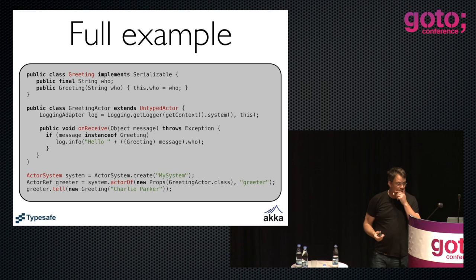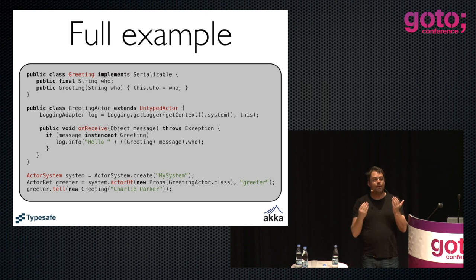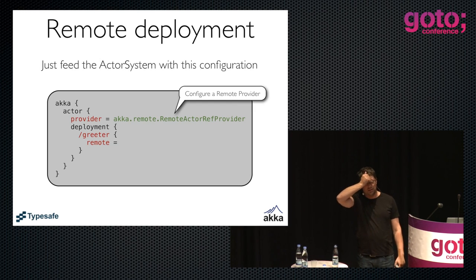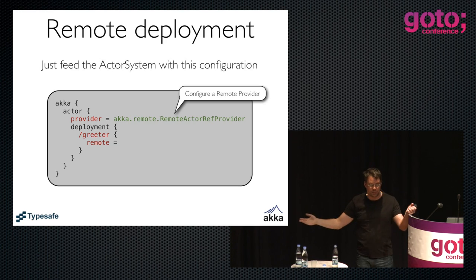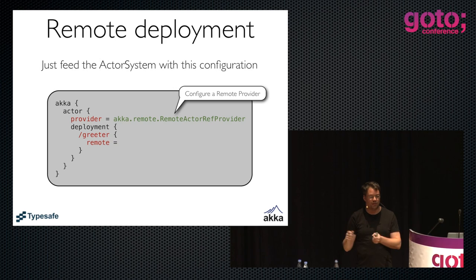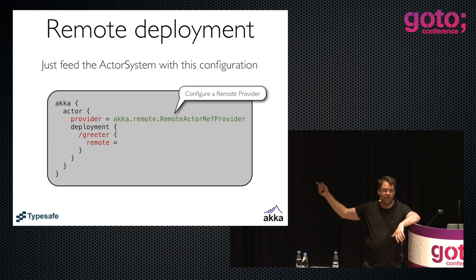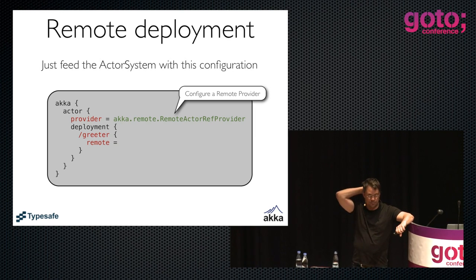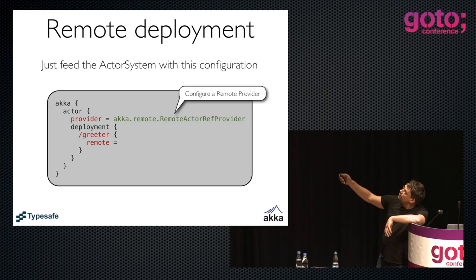What's going to happen then is, in order to make that happen, we just have to write a little piece of configuration file. This is Akka's configuration file. It actually has different skins. You can use straight JSON, you can use this JSON style with more syntactic sugar, you can use property files, and so on. And it's all written in Java, by the way, because we use it to bootstrap Scala. So we have the same configuration format for Scala, Akka, and Play in the whole stack. So even if the only thing you use from this talk is this configuration library, I think you win a lot. It's really nice. Anyway,